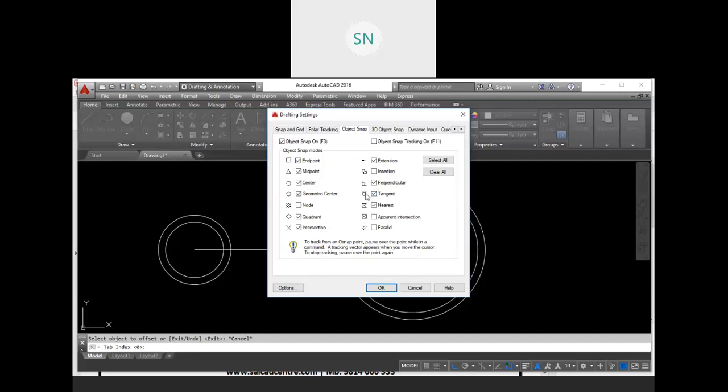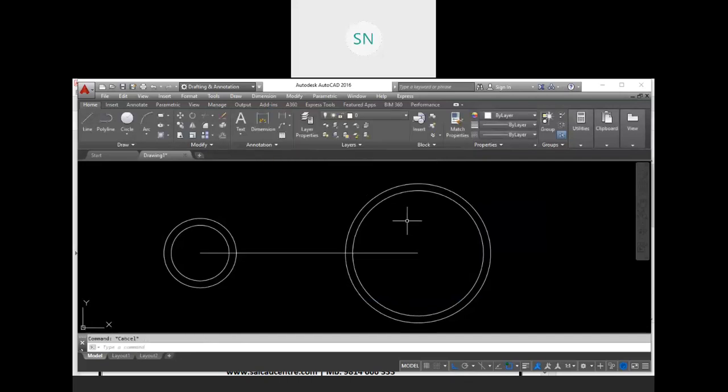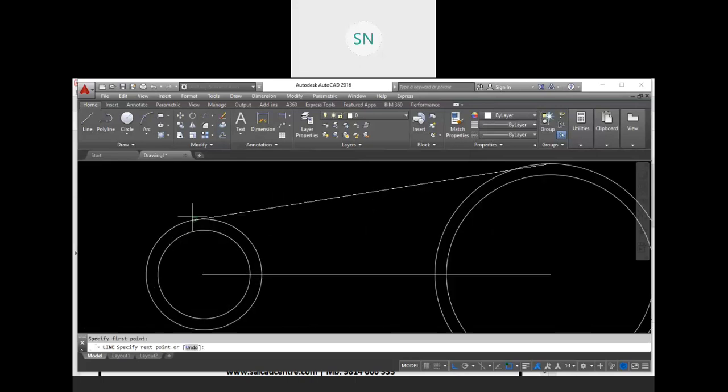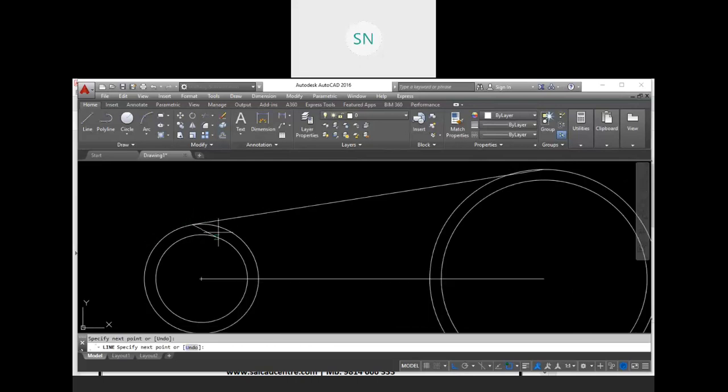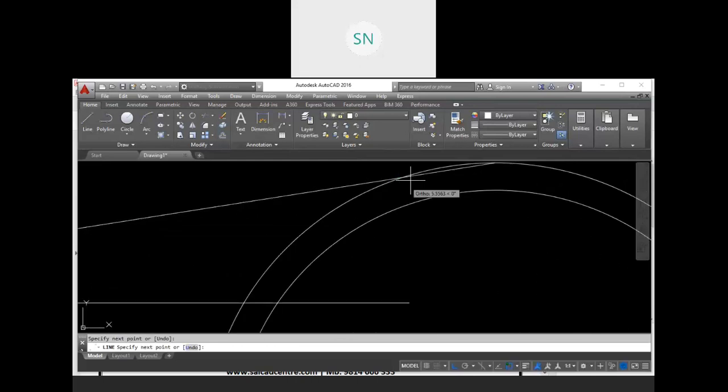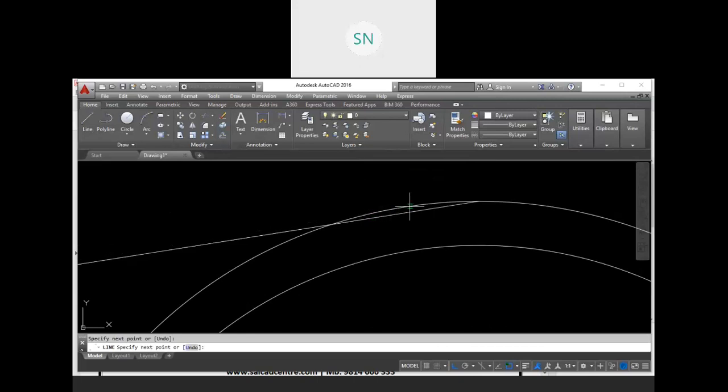So turn on this tangent option, then draw one line, L, enter. Try to create a line from here, then make sure your tangent relation is there. See, this is tangent. So this line is tangent over here but not over here. So again come back and you will get a tangent point.